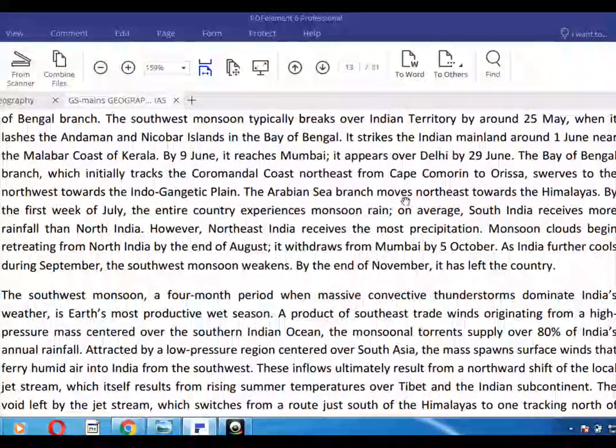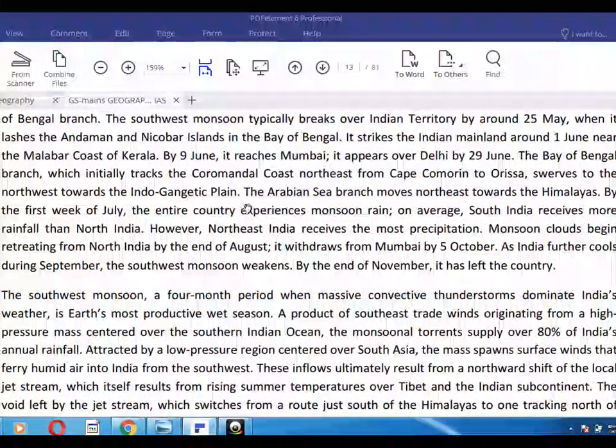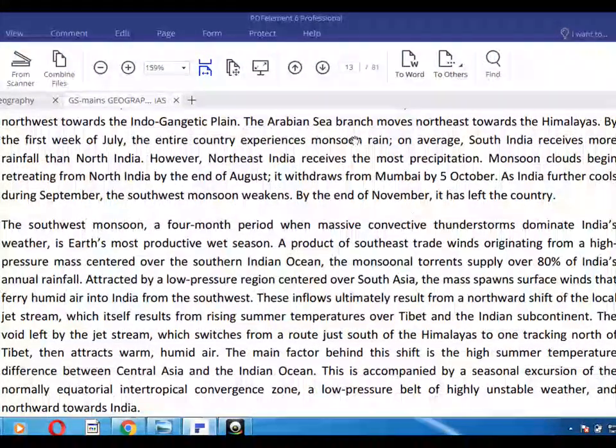So the Arabian Sea branch, and here is the Bay of Bengal branch, which initially tracks the Coromandel coast northeast, and keeps coming towards the northwest towards the Indo-Gangetic plain. The Arabian Sea branch moved northeast towards the Himalaya, but by the first week of July, the entire country experiences